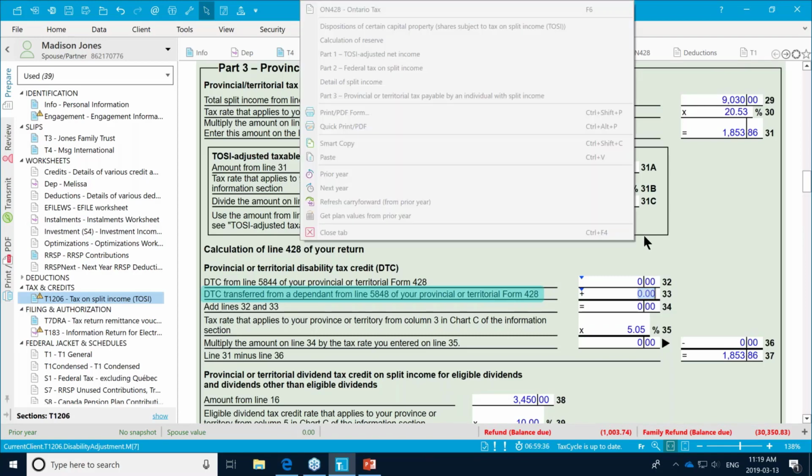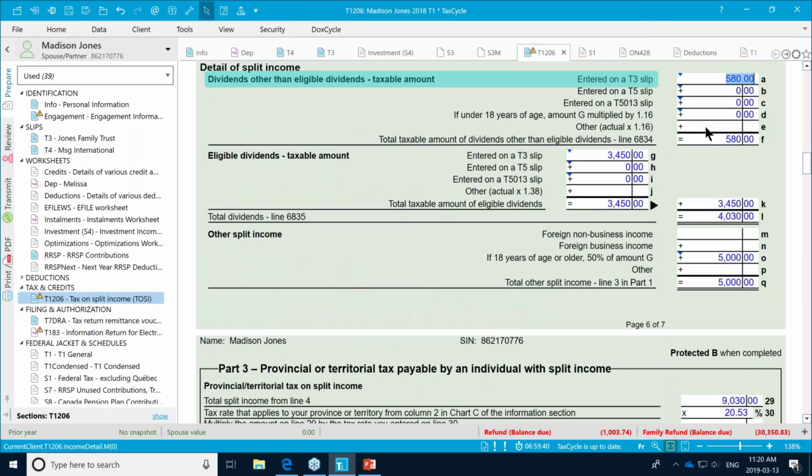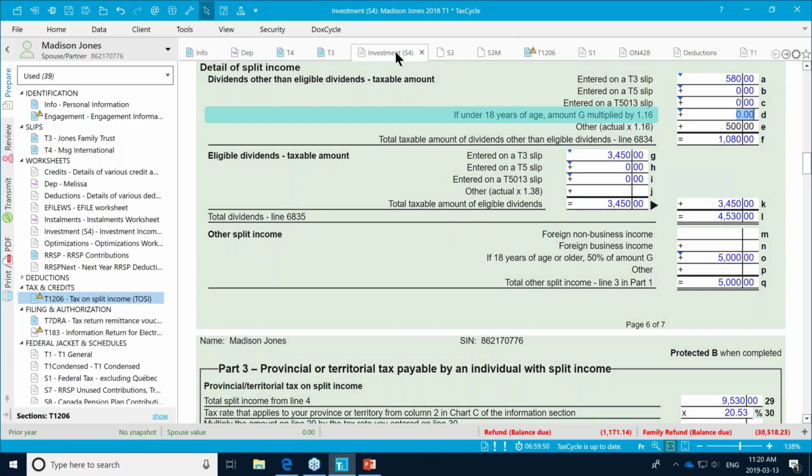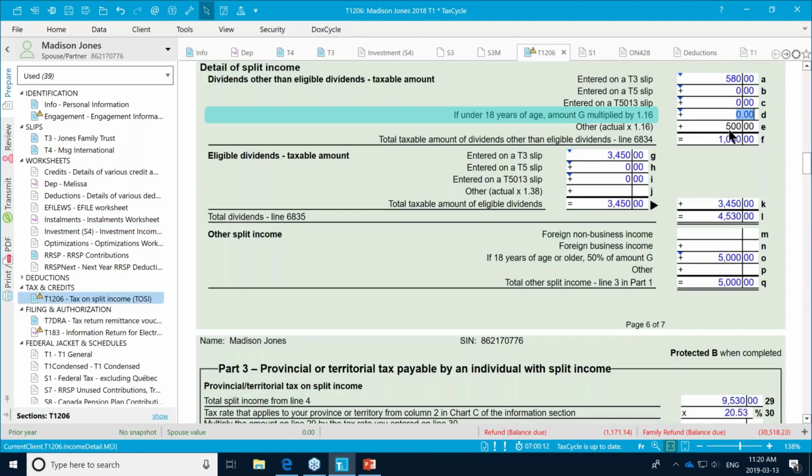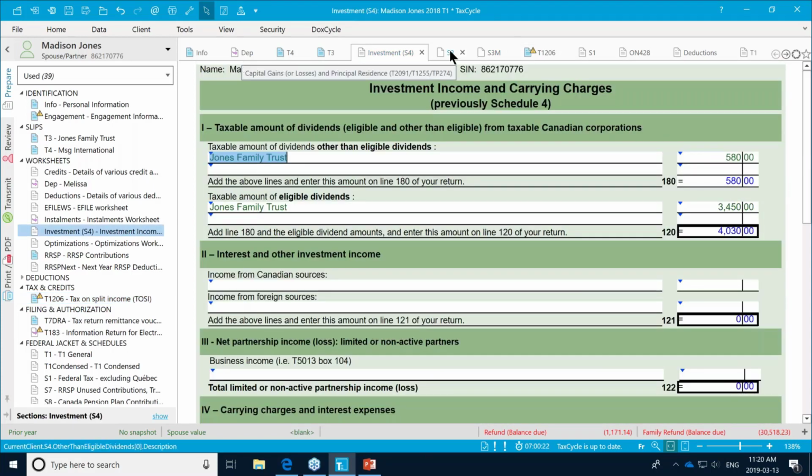Sorry, I'm just going to go to that data entry screen again. If we had an amount here in the under 18, this is the amount that would automatically transfer. It's calculated and will automatically transfer to your S4.